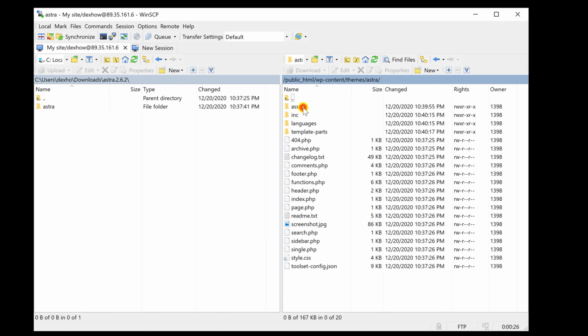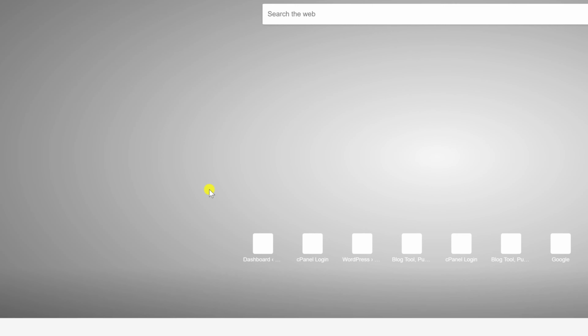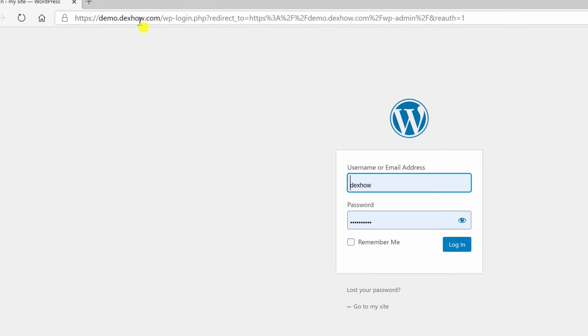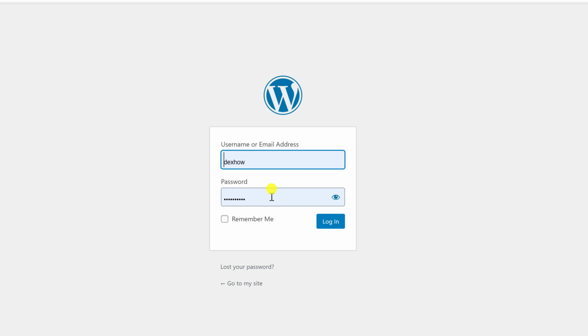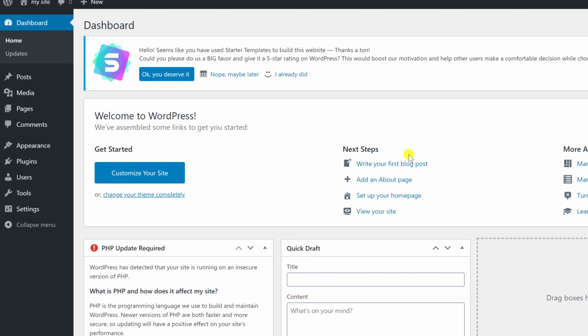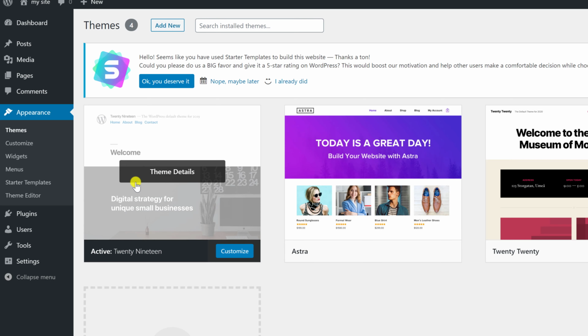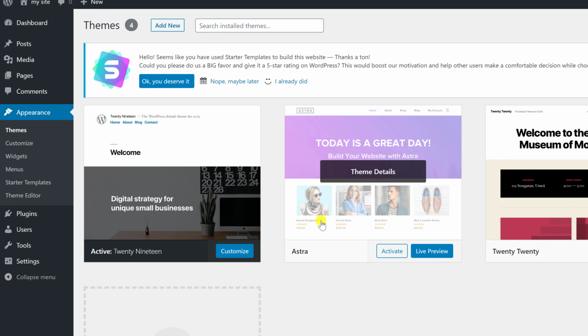Open the browser. So let's go into the administration panel for WordPress. Go to your domain /wp-admin. Log in with the admin and password. Go with the mouse over Appearance and click Themes. In this list, find the theme name you just added on the server. If you do not find the theme here, it means maybe you copied the files in the wrong path. I have here the theme I added on FTP. Go with the mouse over the theme and click Activate.